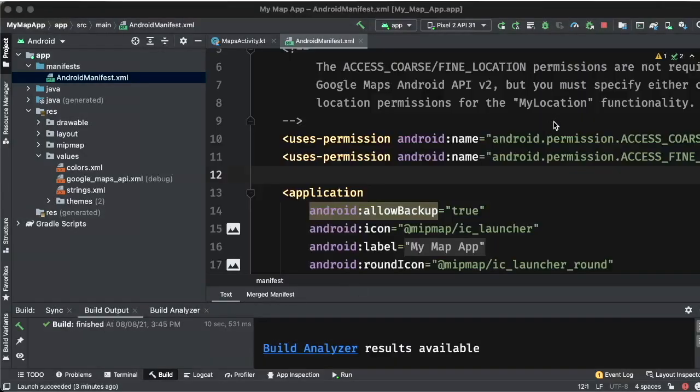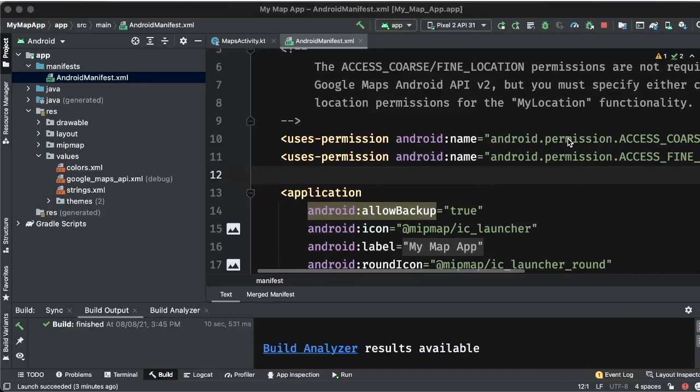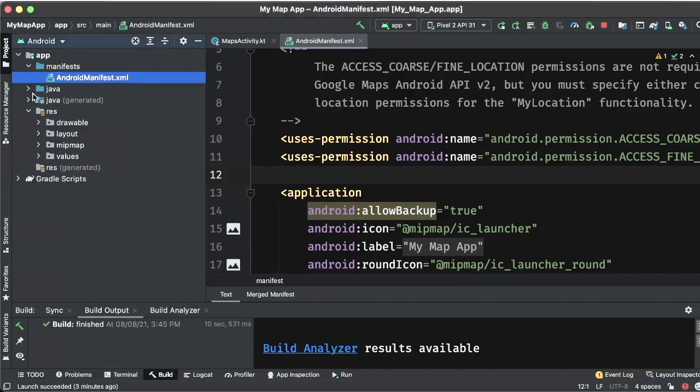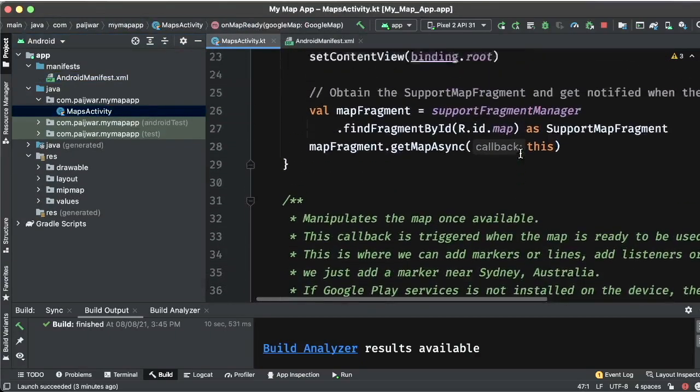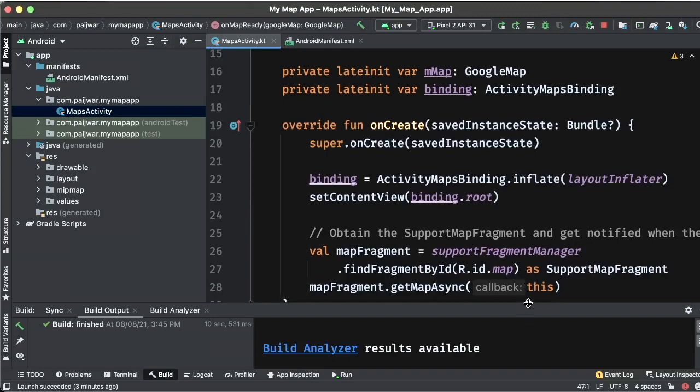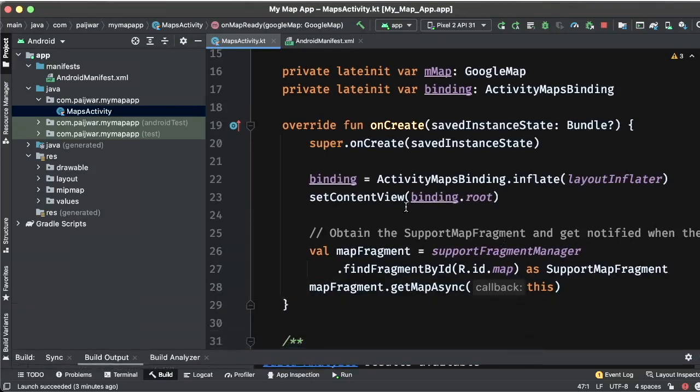Now as we have declared these two permissions, we need to ask the user to provide these permissions for us so that we can use GPS hardware. For this, I will be going down onto our activity and we'll see how we can do it. So it's a standard procedure to ask for the permissions.